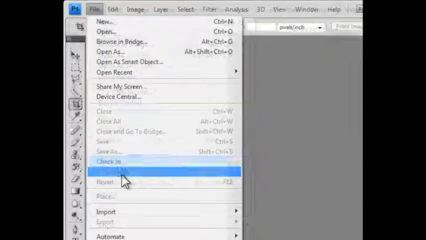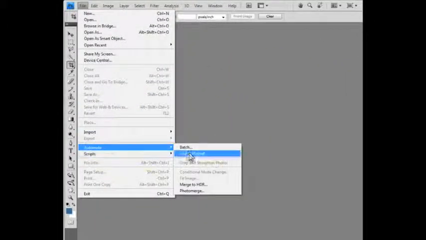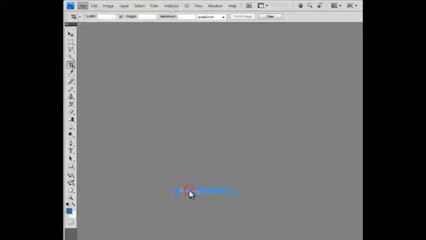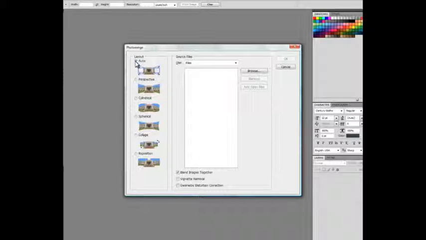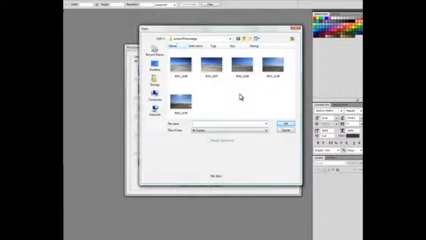Anyway, you go to File, come down to Automate, and go down to PHOTOMERGE, and it'll pop up. And for layout, you want to set it for Auto at first. These other ones do different things: Perspective, Cylindrical, Spherical. Auto seems to work the best, so just click that for now. Vignette Removal, I don't know what it does. I'm assuming that it removes the vignette, but I don't know. So anyway, go to Browse, and browse to where your files are. Select them all,